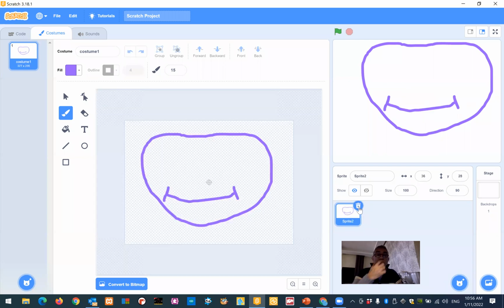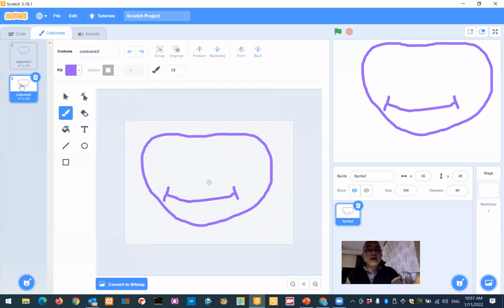Then after, what I'll be doing is creating many costumes of this face to make a specific animation. And here, what I'll be doing is right-clicking on the first one, and duplicating the costume. Do not draw. Here there are many options, to be honest with you. For example, if you want to make the eyes moving, closing and opening, let's say, or from small to big, you can